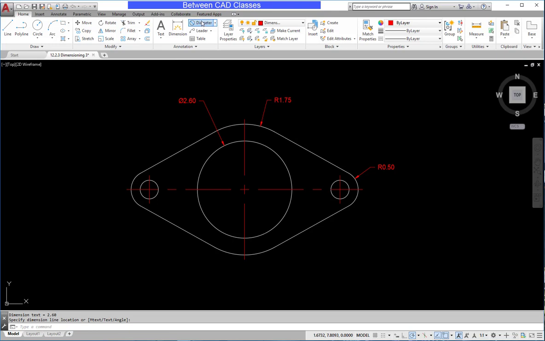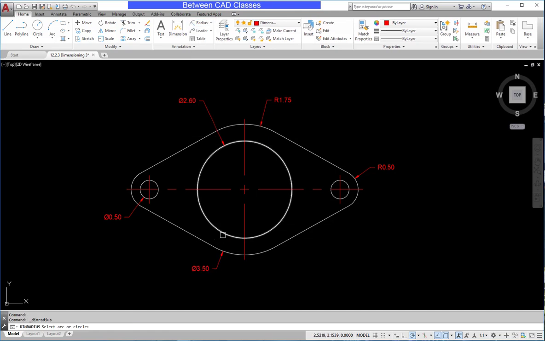Let's see that one more time. Select the diameter, choose a circle, then click to place the dimension. Most drafting standards call for the dimension of arcs to be radius values and the dimensions of full circles to be diameters. But it is important to note that the tool works both ways. I can place a diameter on an arc if I want, and I can also place a radius dimension on a circle if I want.